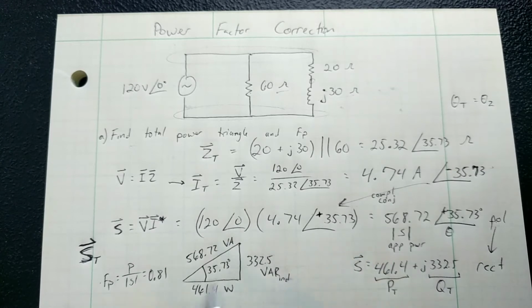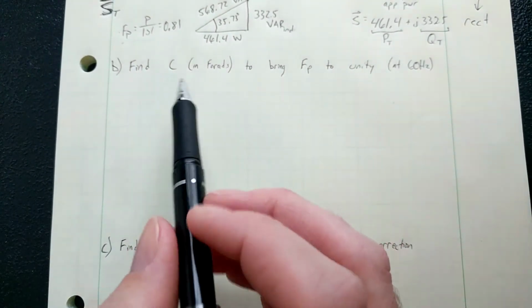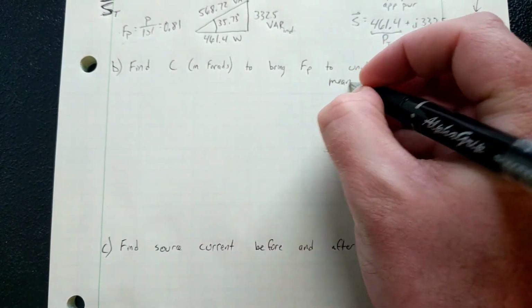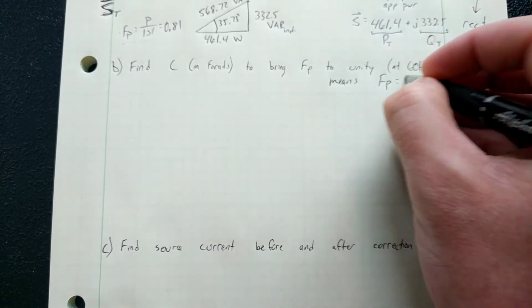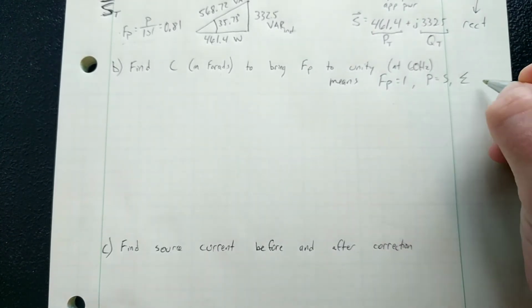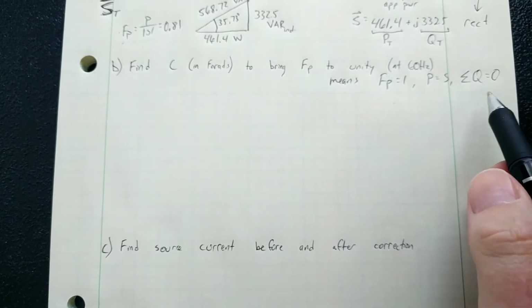So this is the total power triangle, and what we see is that the power factor is not at unity. So the next part of the problem is we're going to bring the power factor to unity. That means that the power factor will be 1. Another way of saying it is that P will equal S. Another way of saying it is that the sum of the Q's will equal 0. And so if the sum of the Q's is going to equal 0, then what we need is